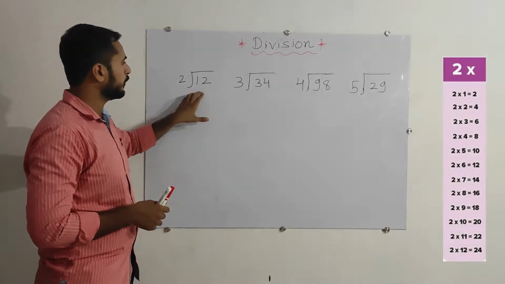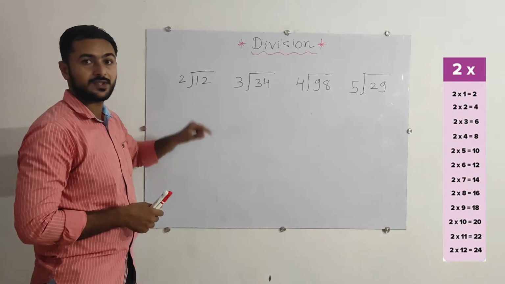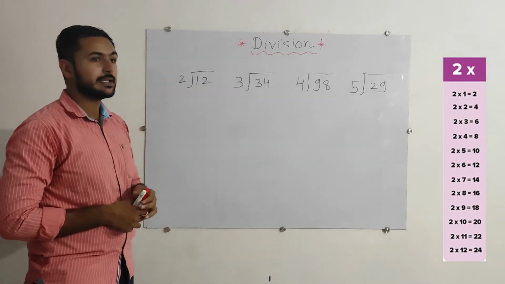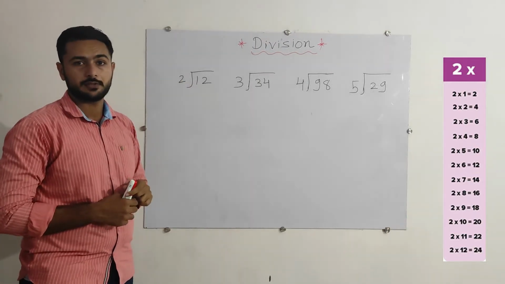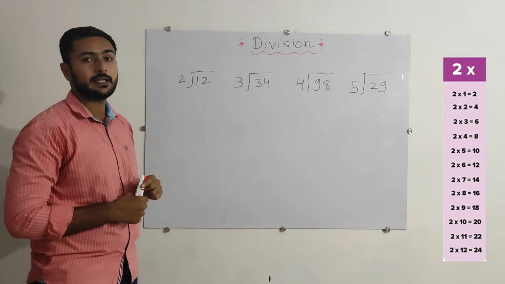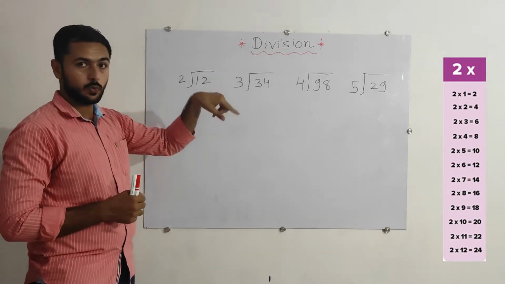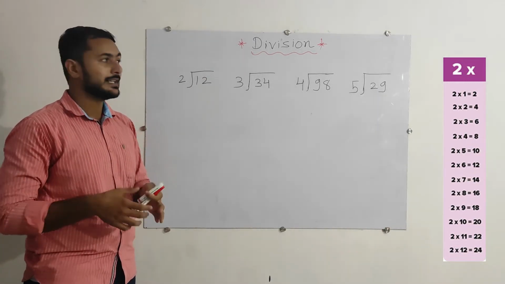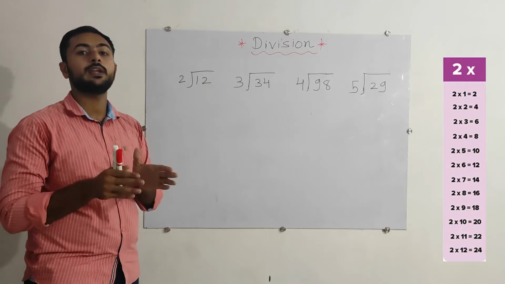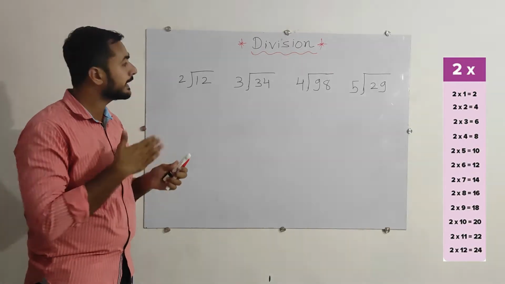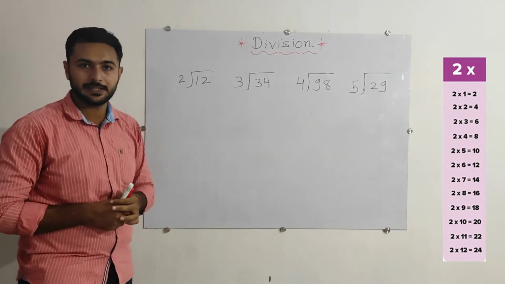First of all, for the dividend, we will identify the first number from the left side. That is 1. You have to identify whether the first number is smaller or bigger than the divisor. Here 1 is smaller than the divisor. It means we cannot find the number 1 in the table of number 2. Can you? No, because 2 ones are 2, that is bigger than 1. So we will move towards another number. Next number, it means we will include 2 also. It means 1 and 2 now. So that's the 12.